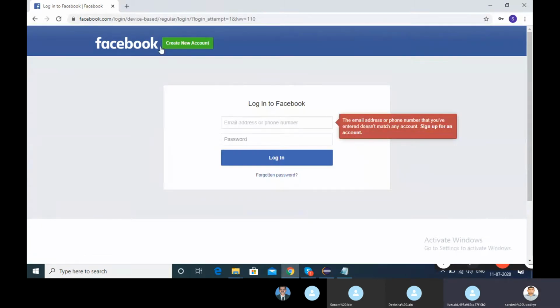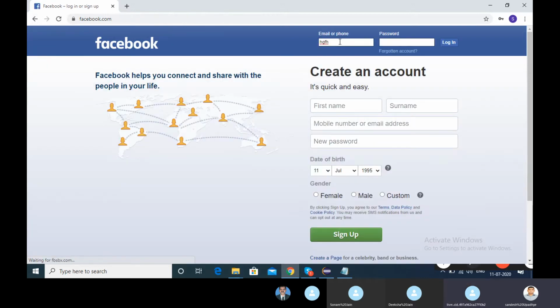Yeah. So this window is redirecting to the other window. You got it right, what I want to tell. If I want to put anything here, if you put the correct username and correct password and click on login, it will log in to your Facebook page. But if I put some dummy data, it will redirect to any other page.